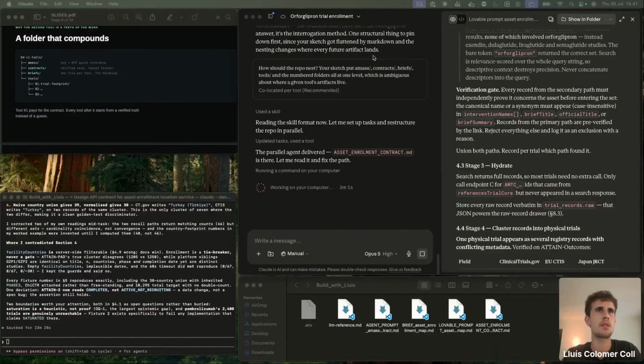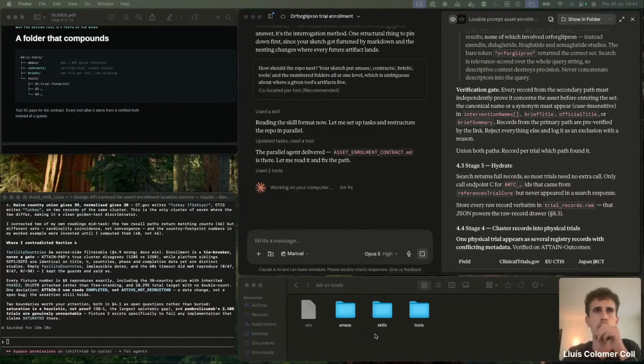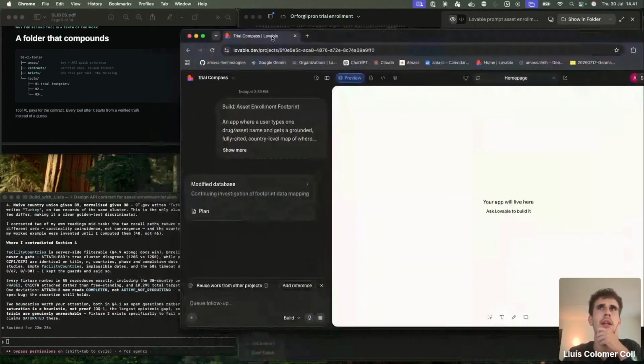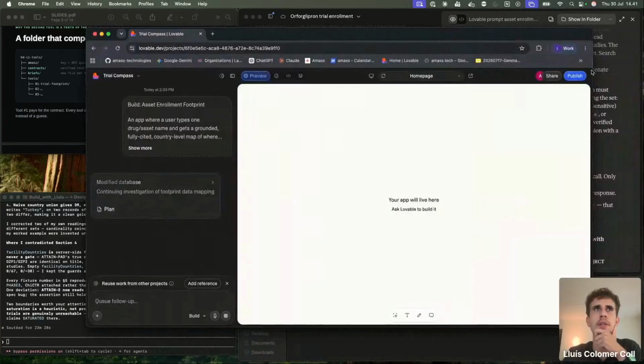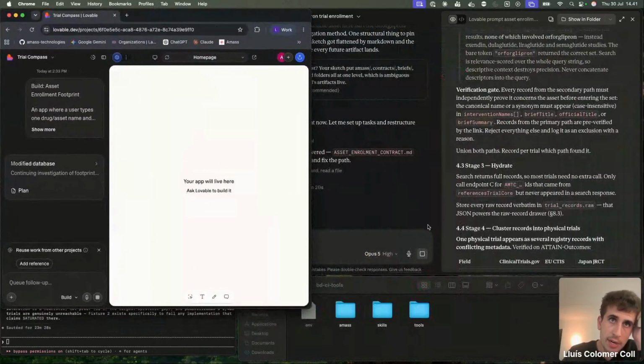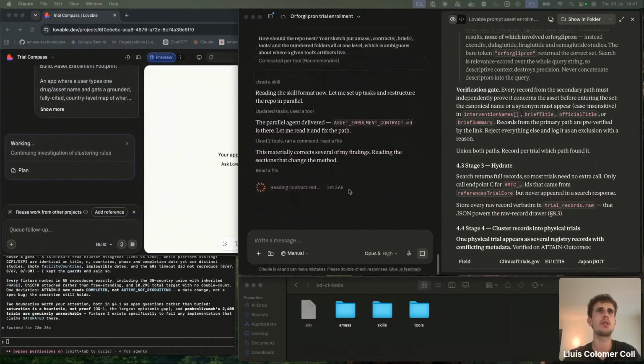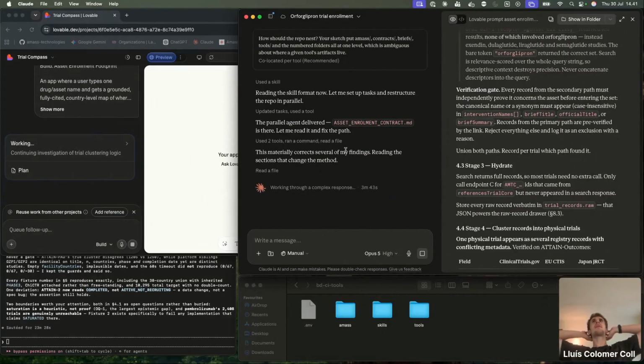And yes, we have the contract. Now we can see that the AI is structuring it in a more proper and orchestrated way. And we can also see in parallel that Lovable is working on our app. Now it's reviewing what it did, kind of reflecting